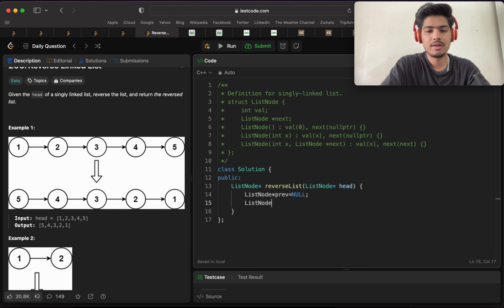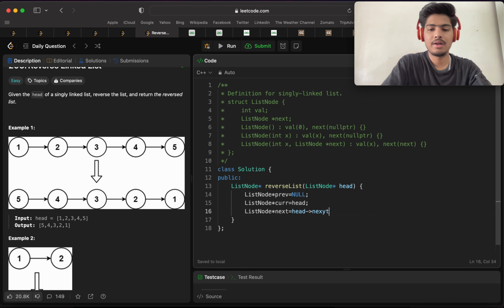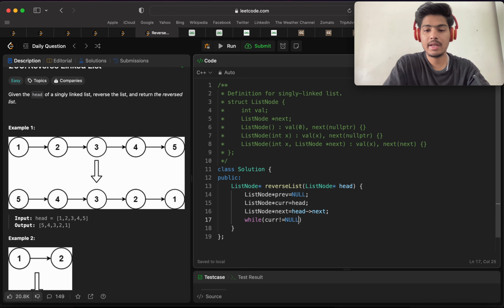List node star current equals to head, और list node star next equals to head का next. ठीक है. Now what we'll do, we will apply a loop while my current is not equals to null. While my current is not equal to null, जब तक मेरा करंट नल नहीं होता तब तक के लिए लूप चलाएंगे. इस लूप के अंदर क्या करेंगे, जो करंट का नेक्स्ट है, करंट का नेक्स्ट इक्वल टू क्या कर देंगे,